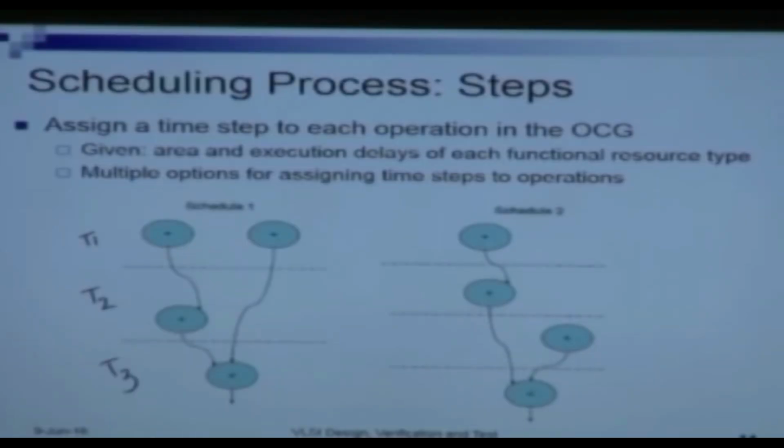For example, for the previous operation constraint graph, this example shows two alternative schedules. In schedule 1, we see that this has been done in 3 steps. The schedule 1 takes 3 time steps, so T1, T2 and T3. And we see that schedule 2 takes 4 time steps, right? Therefore, we can say that schedule 1 has a higher performance than schedule 2, which